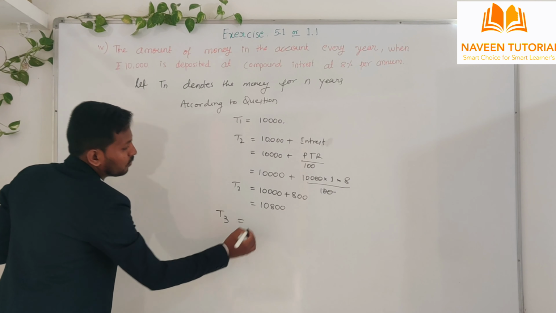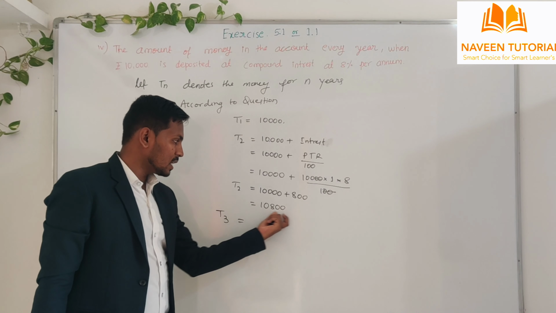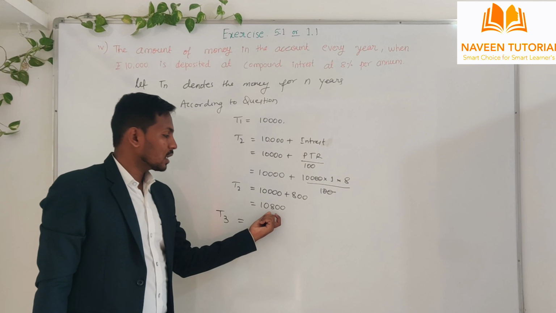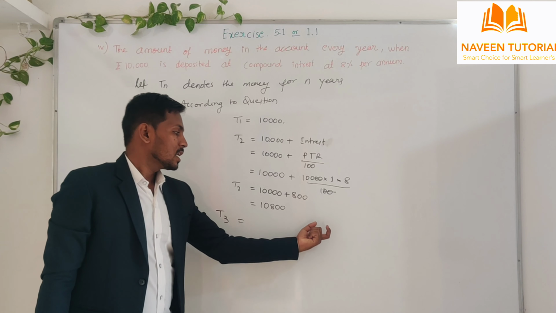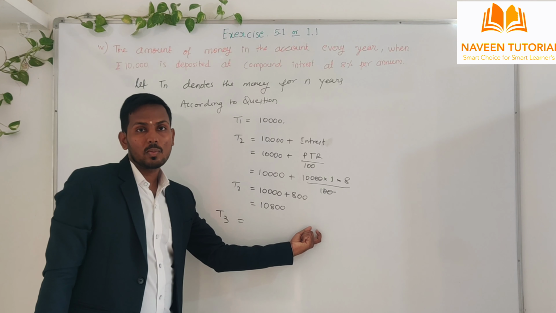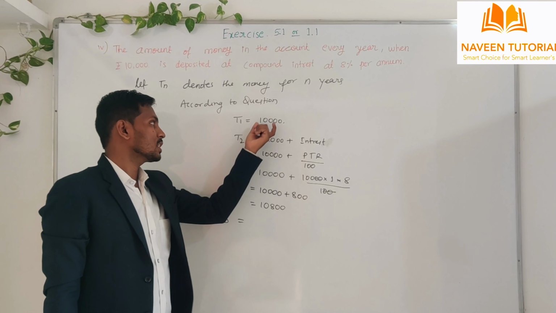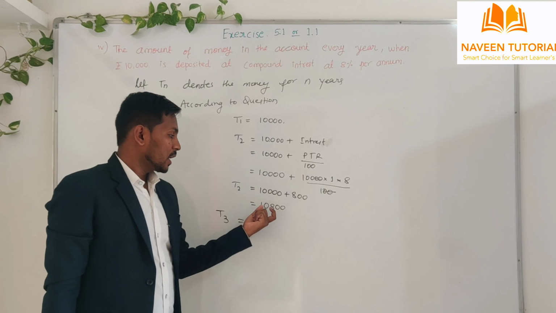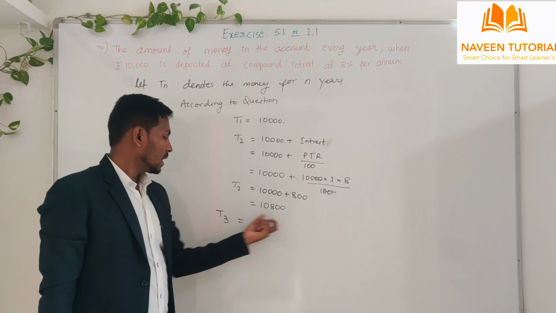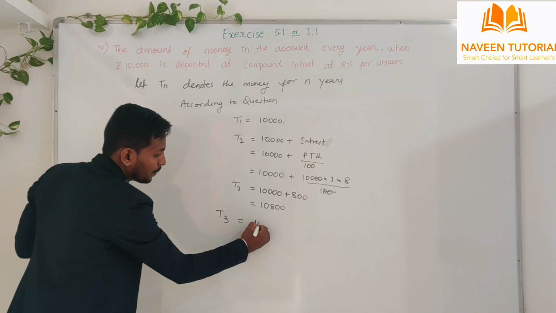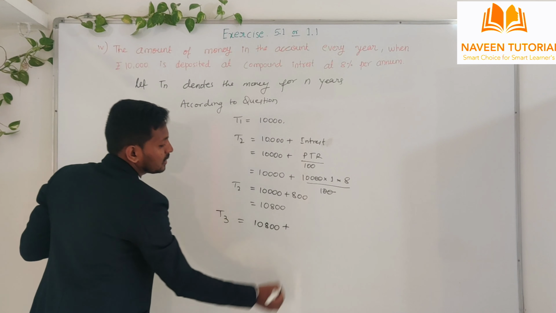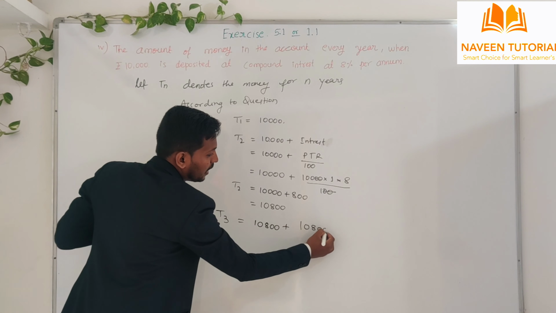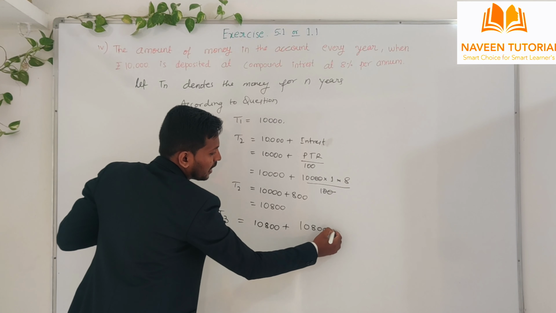So for this T3, we have to consider this as an amount plus this interest. We have to apply interest for the complete 10,800 in the next year. This is the difference for the compound interest. In simple interest, we have to just consider principal amount 10,000. Here 10,000 plus again this much interest. But here we are considering 10,800 in the T3. That is 10,800 plus again this interest, that is 10,800 times